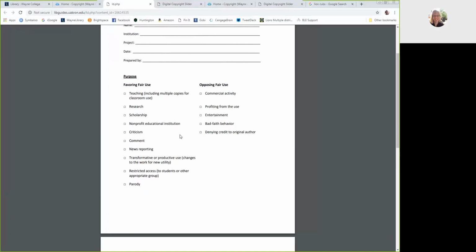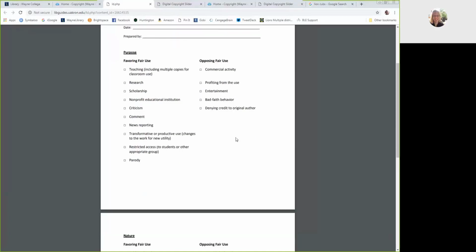Now, things that oppose fair use under purpose: anything commercial, if you're going to profit from the use in any way, or if it's just for entertainment. There's also bad faith behavior, which means you are intentionally using somebody's copyrighted material and denying them credit. If you check those boxes, then it's probably leaning towards not being a fair use.